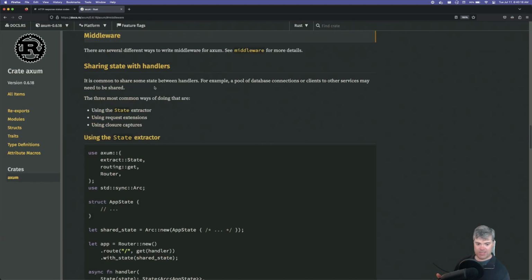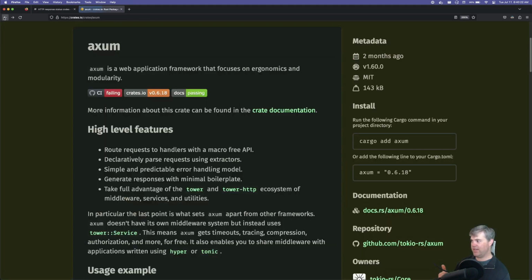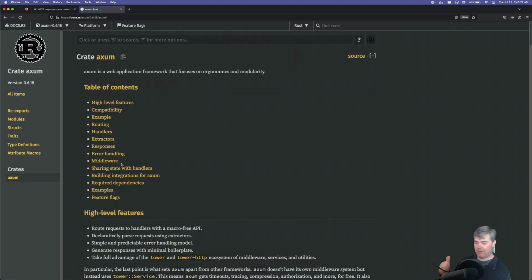See, how many clicks is that? I'm curious about this. Once I'm in the documentation, how many clicks does it take to get to the list where it says, here, this is common middleware?